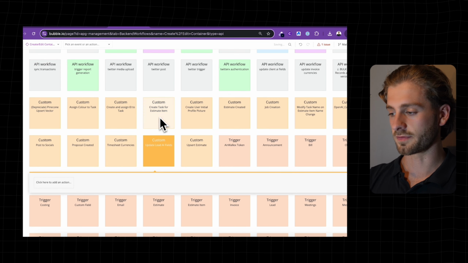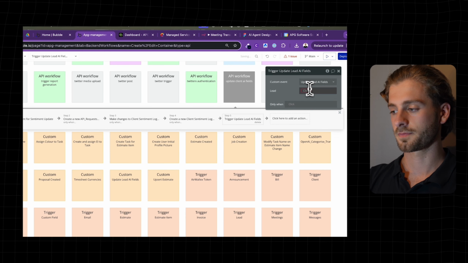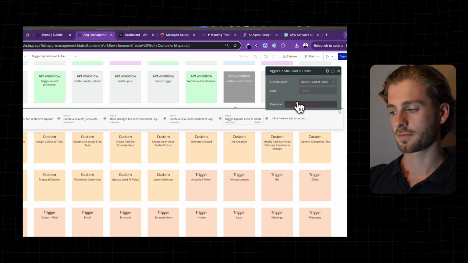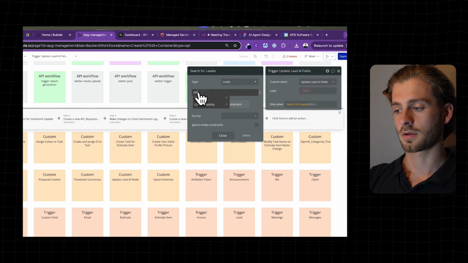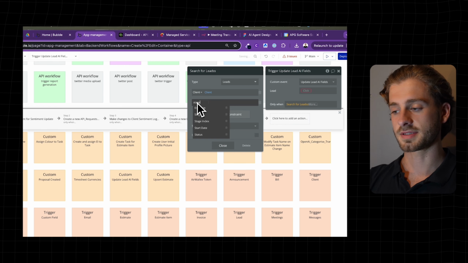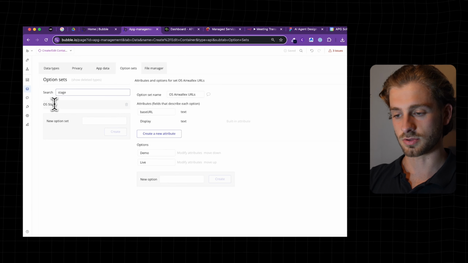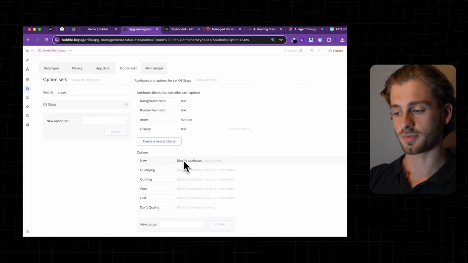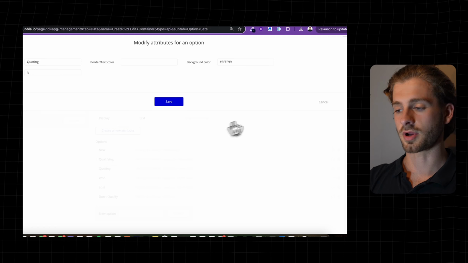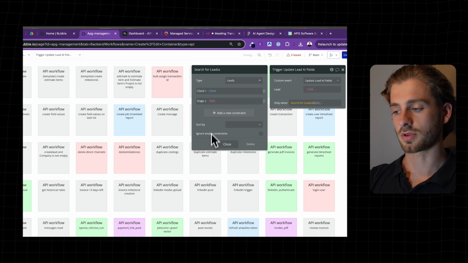Cool. So we've created that. Now I'm going to trigger that custom event only if, do a search for the lead. The client equals the current client. The stage. Now we actually have stage indexes. So if I come down to what our stages look like, we've got new, qualifying. I'm assuming new is 1, qualifying is 2, and quoting is 3. So we're going to say in here, if lead stage is less than or equal to 3,